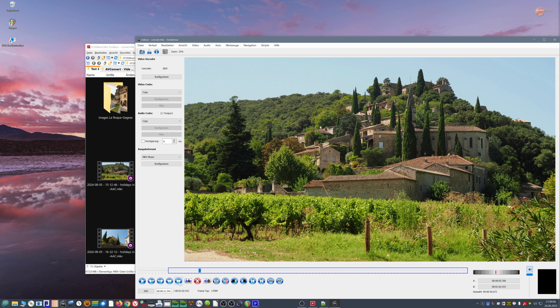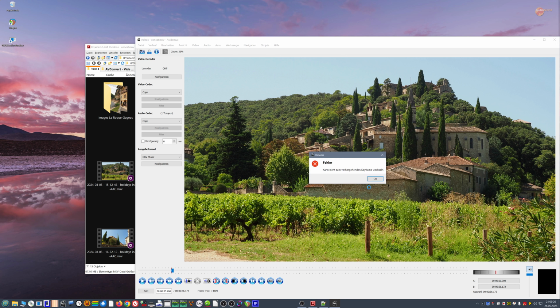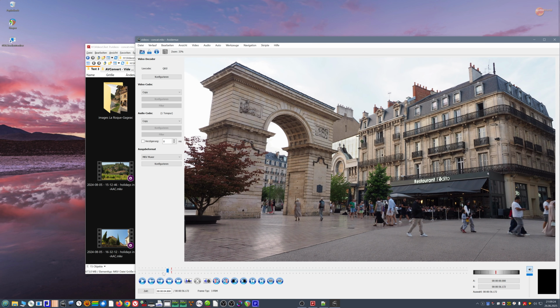Might even crop another second of this one and hit the end button of the cropping sequence, hit delete, and we have now cropped